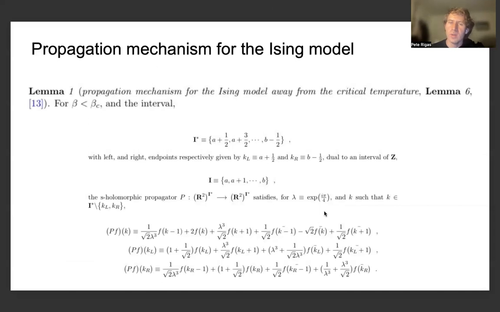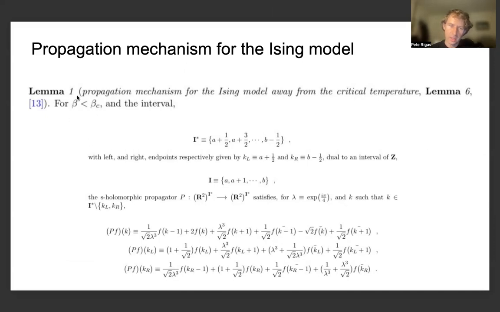But we also have to look at how we can introduce a propagation mechanism for the Ising model, which relates to how we can extend S-holomorphicity or strong holomorphicity from one face of the domain, or one collection of faces of the domain, to the entire finite volume. So this is given by another reference, from the 2012 paper due to Angles d'Auriac, Chelkak, and Smirnov,